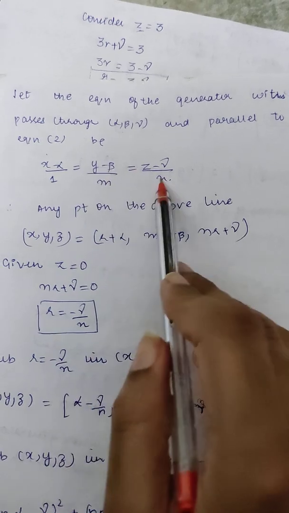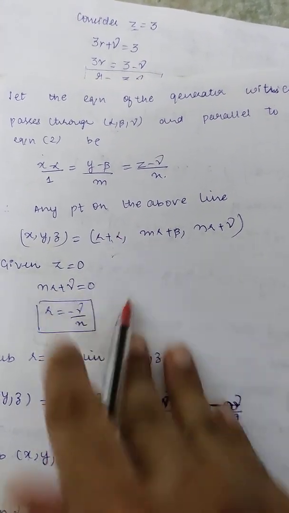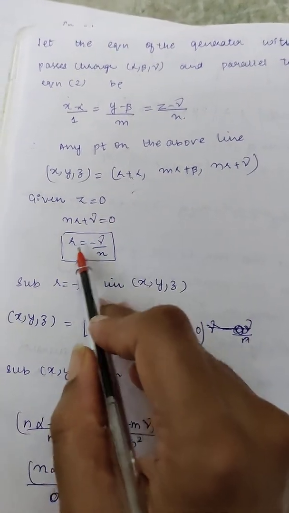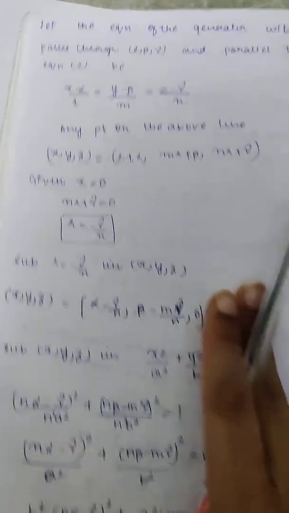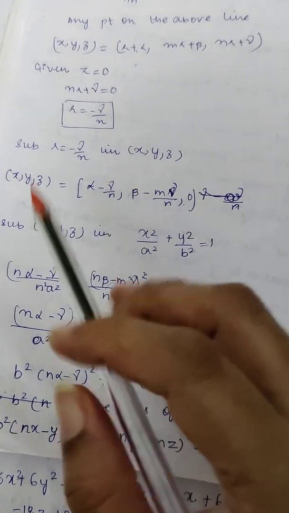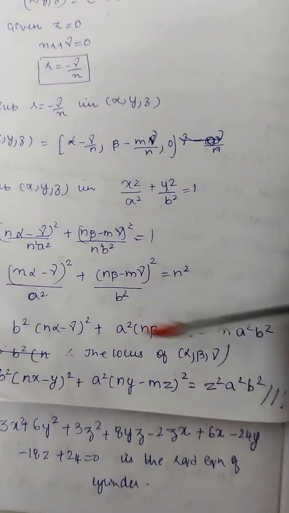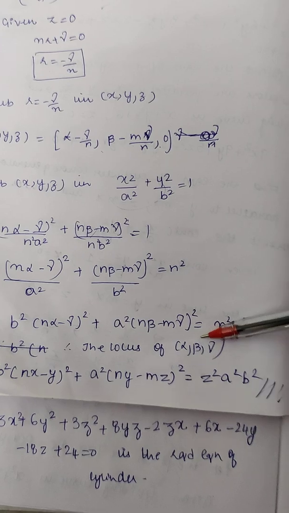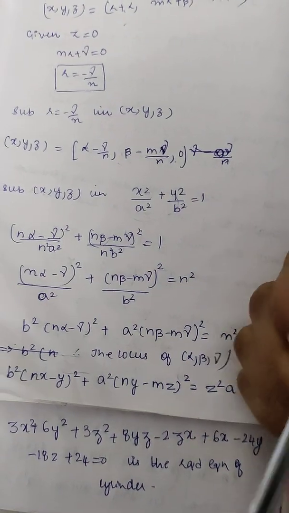As soon as you get your generator, take a point on the line. As soon as you get a point on the line, substitute into the first degree equation. Here the first degree equation is z equals 0, which will get you the value of r. As soon as you get the value of r, substitute into your point. Substituting into your point, this is how your point looks. Now you substitute this point into the second degree equation. Solving this, the locus of alpha, beta, gamma, replacing alpha by x, beta by y and gamma by z, is the equation of the cylinder.